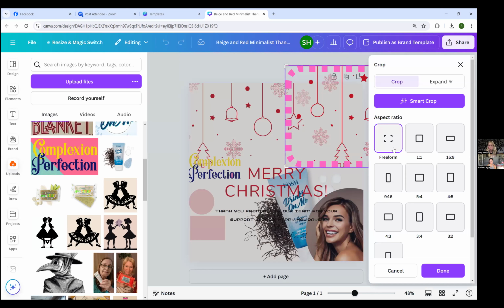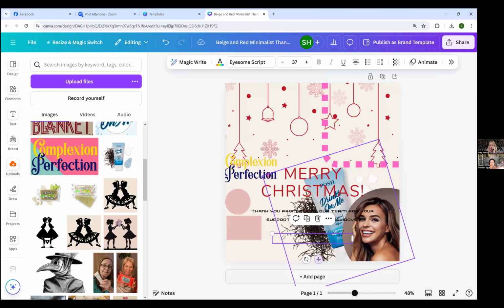Cropping images. I typically don't play around with these, so I'm not entirely sure how well they work. I just automatically change it based on what I'm looking to do. Some images will just change their overall size and scale on their own. Others, you can actually use those lines and mask out the images and essentially cut off what you don't want to see. See if I can show you with